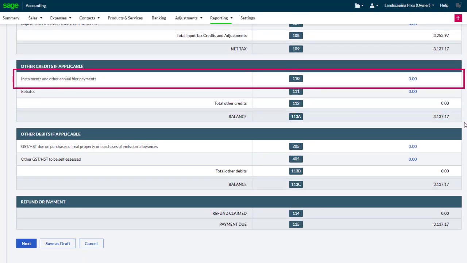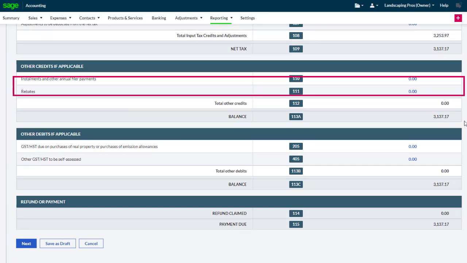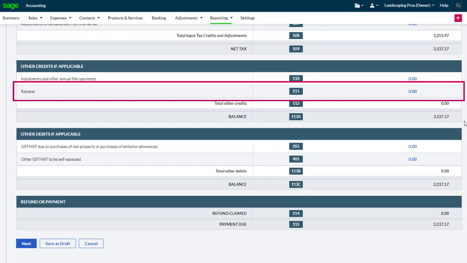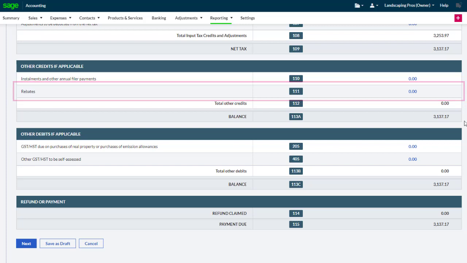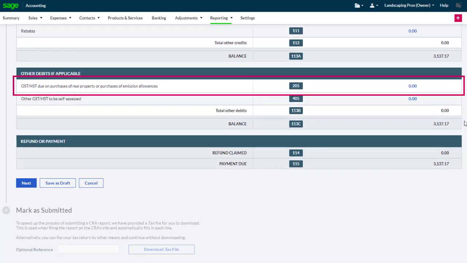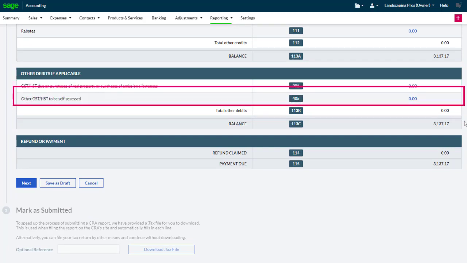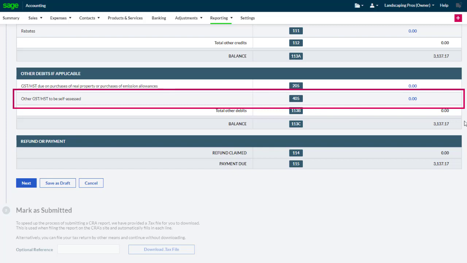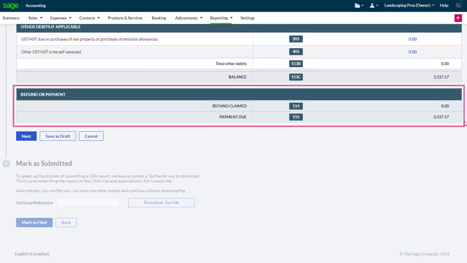This includes installments if we remit our GST and HST throughout the year, and rebates for various situations such as amounts paid in error or certain exports by non-residents. Then there are other debits. This includes GST/HST on purchases of real property or emission allowances, and various situations where GST/HST must be self-assessed. And finally, we can see if our tax calculations result in a refund to be claimed or a payment due